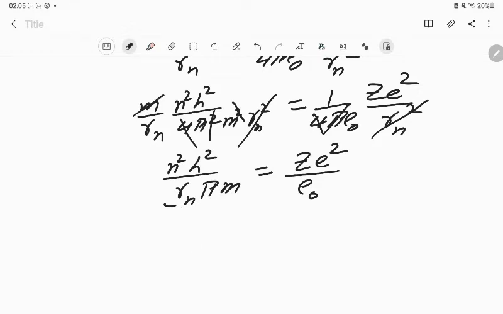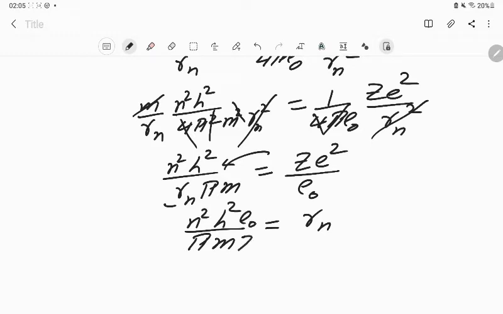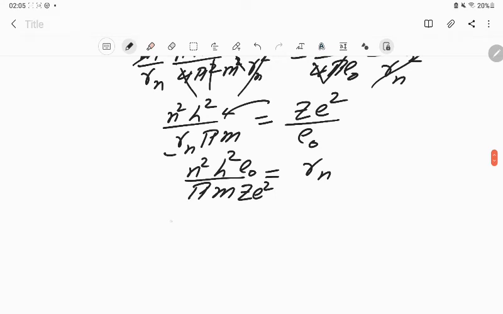So rn, n square h square by pi m. Rn takes that side, and Z e square takes this side, so it will go downside, and epsilon naught will go upside. So rn equals n square h square epsilon naught by